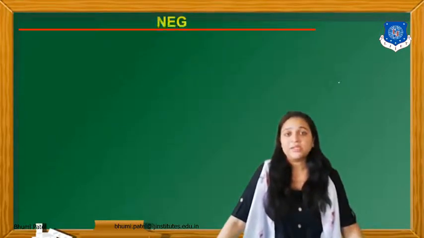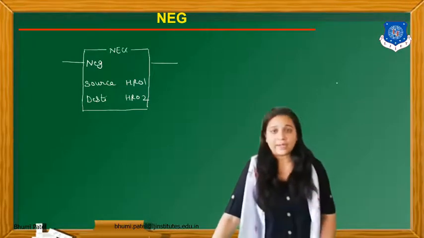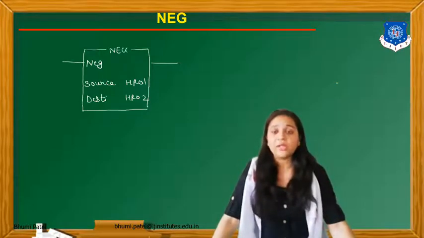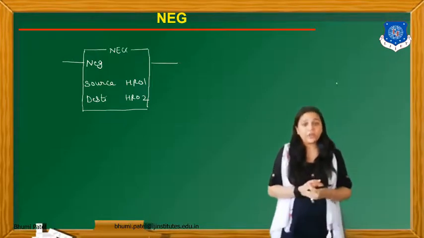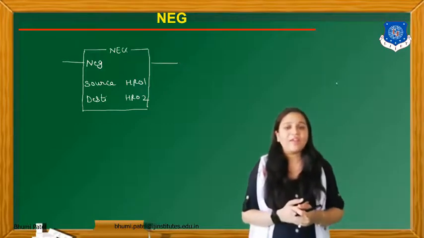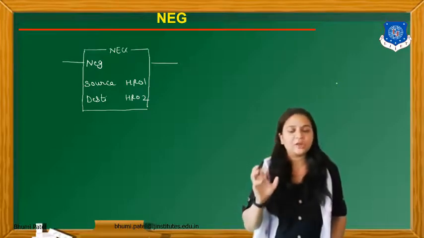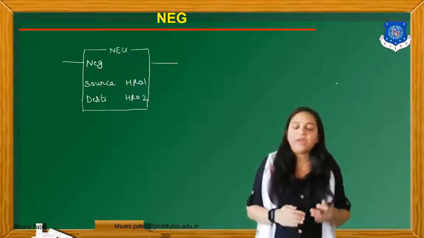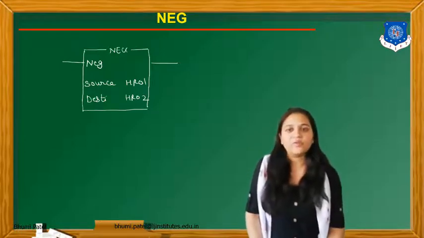Now the next is NEZ. It indicates the negative. Now this is the block of the negative sign. If we have applied some signal or given some input to this particular plant or system, we can get the output, but we may get a negative value for this output. At that time we can simply connect this block to this output. The output will become the input. After this input we can put the negative, and then we can get the actual output. So in the negative only one value is there, so we can take only one source and one destination.